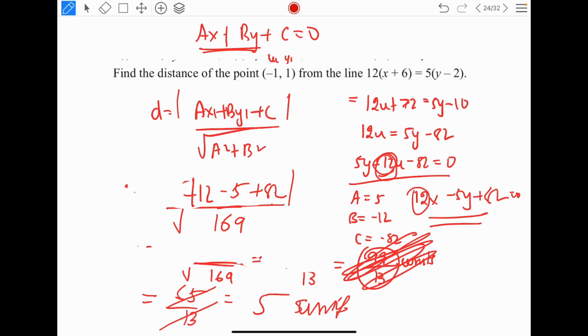Sorry for that. Alright, so whenever you are given a point x1, y1 and you are given a line ax plus by plus c is equal to 0, your distance of the point and the line is going to be ax1 plus by1 plus c upon under root a square plus b square. Take the distance to be positive because distance can never be negative. Report your answer in units, that is very important.